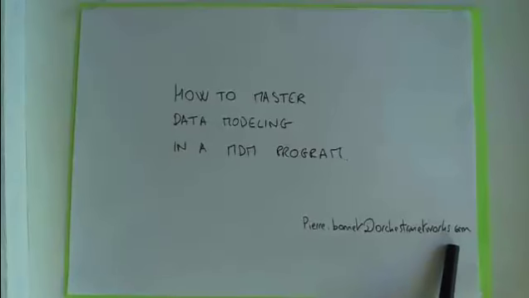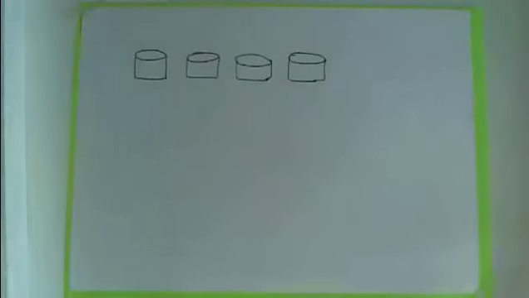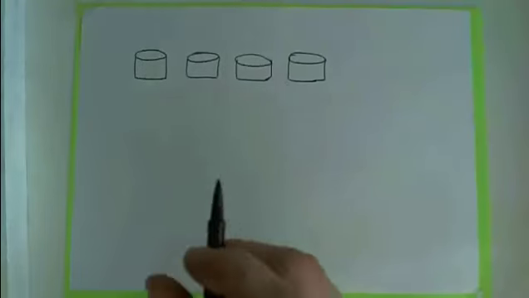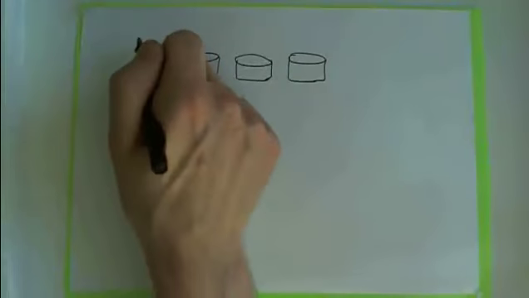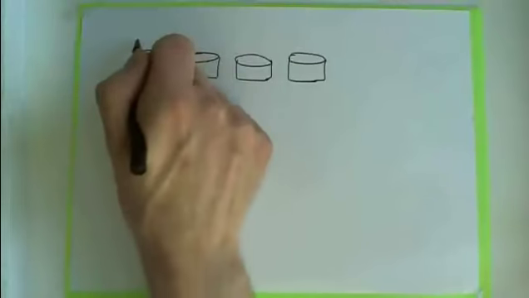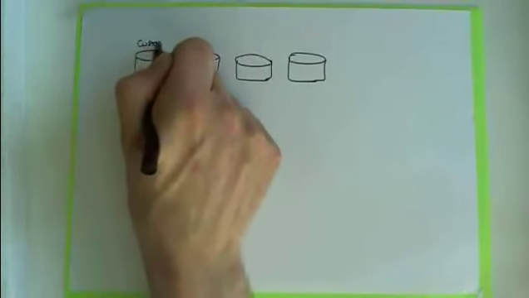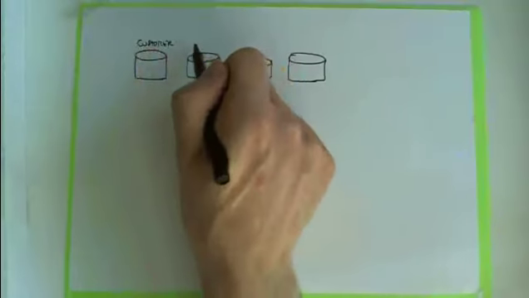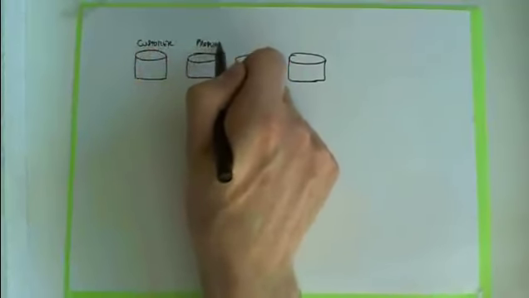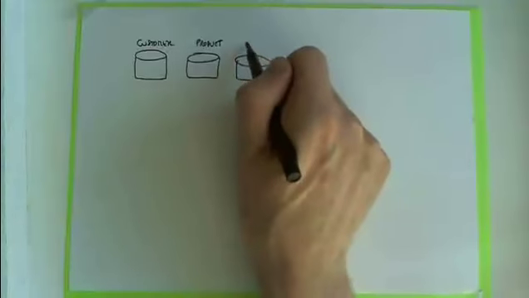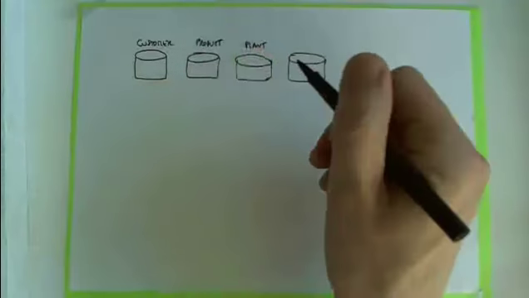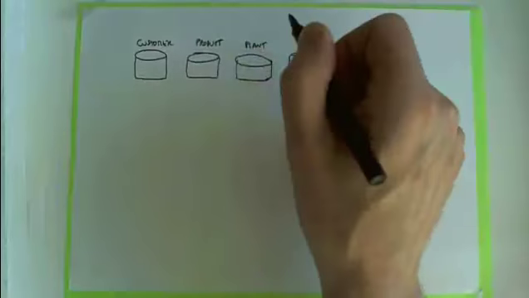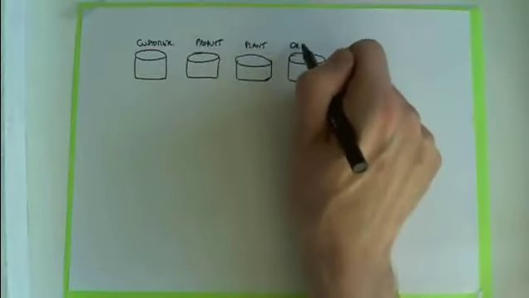I wanted to record this short video to explain how to master data modeling in an MDM program. First of all, let me set the scene of the data management concern in the current systems. For example, we will define here a customer subsystem and a product subsystem, a plant subsystem, it means a manufacturing system, and a subsystem managing organization